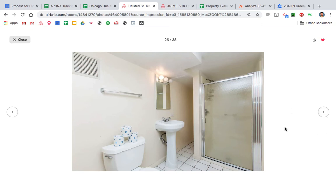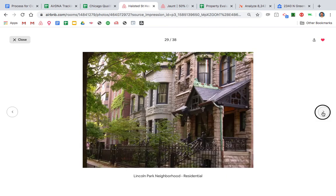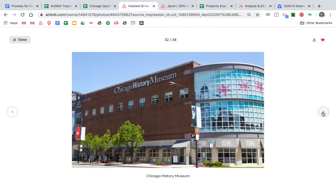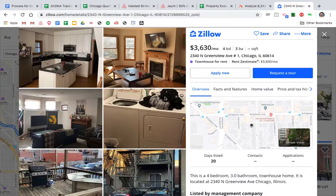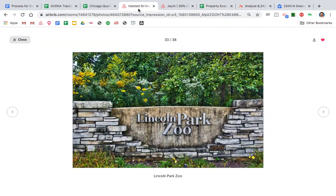Make sure your light bulbs are all working when you take your photos, so we can see. He put in the dimensions there. That's nice. So you can see what it looks like. We can see the outside, and then we got some shots of the neighborhood too. So I really analyzed that because I want to compare it as much as I possibly can to this when I'm trying to figure it out, because there's going to be a whole section in here where we add notes on the comparable properties. I would consider this to be a comparable property